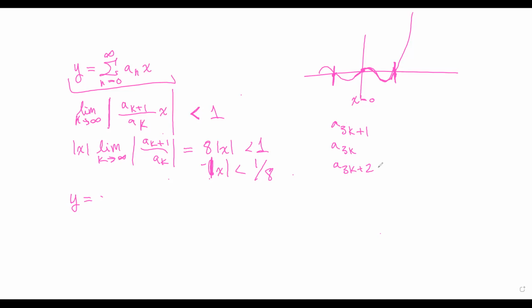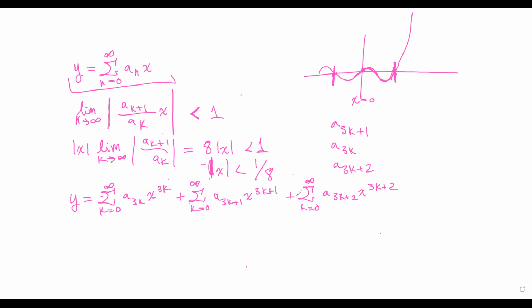And then you'll have something like y is equal to the series from k equals 0 to infinity of a_(3k) times x^(3k), plus some other series of a_(3k+1) x^(3k+1), plus some other series, k equals 0 to infinity, a_(3k+2) x^(3k+2). Okay,